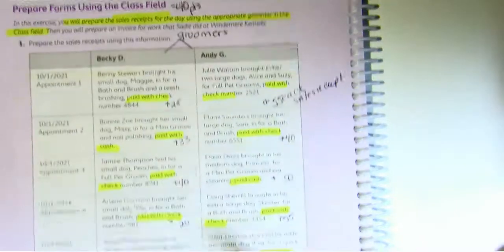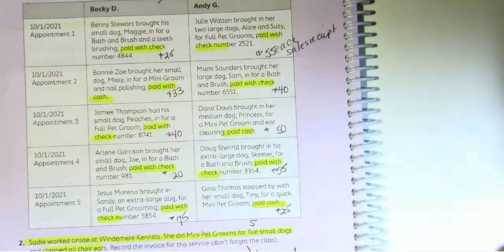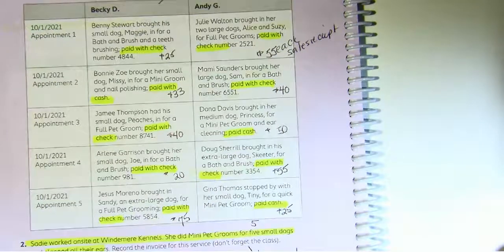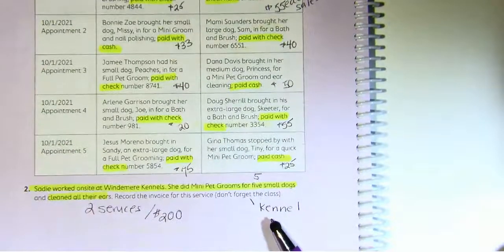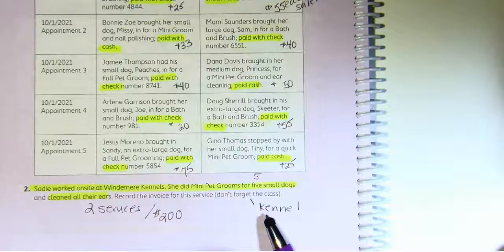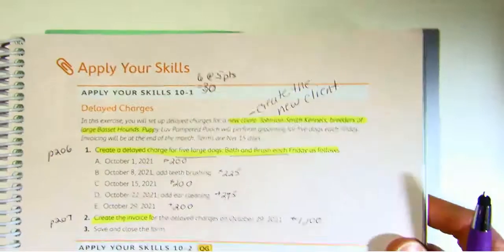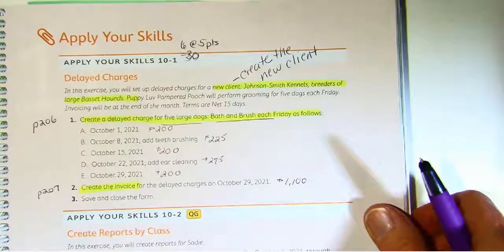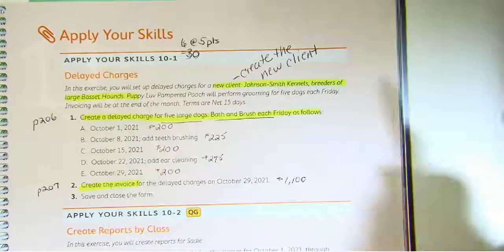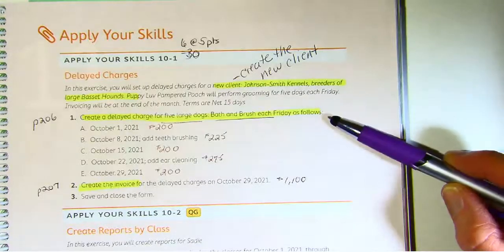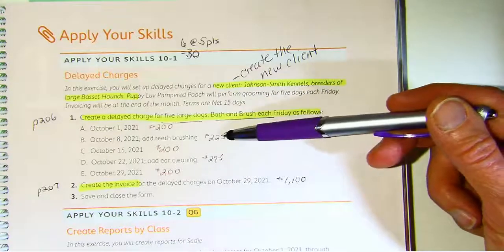And then in number 2, you're recording some work done at the kennel, so the class there will be the kennel. Okay. Now let's take a look at apply your skills. And here you're going to be setting up delayed charges and then sending a bill at the end of the month. So each week you're performing services